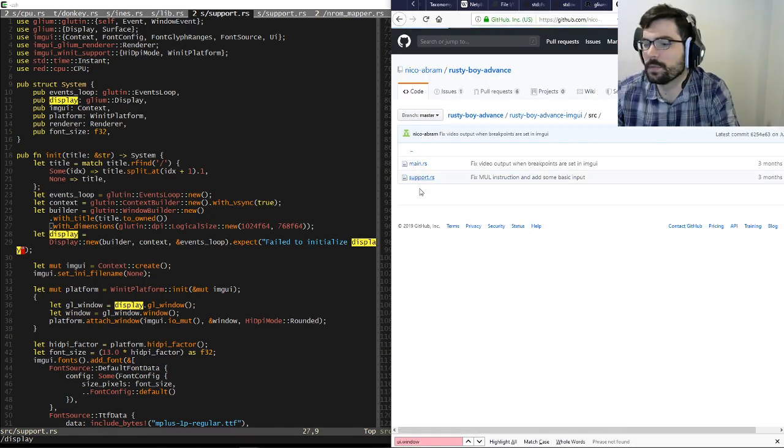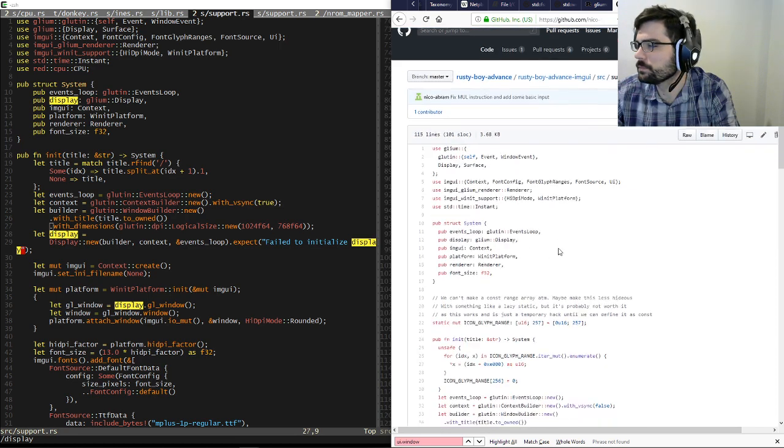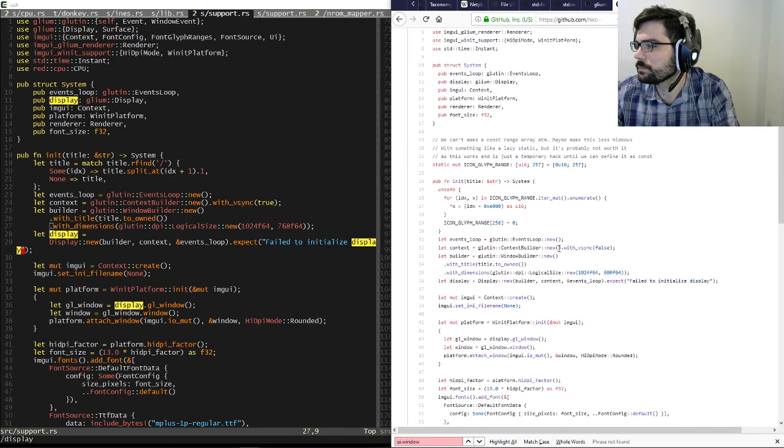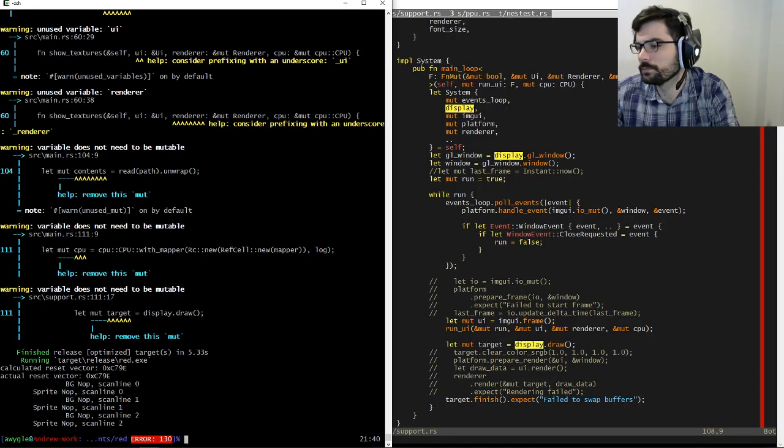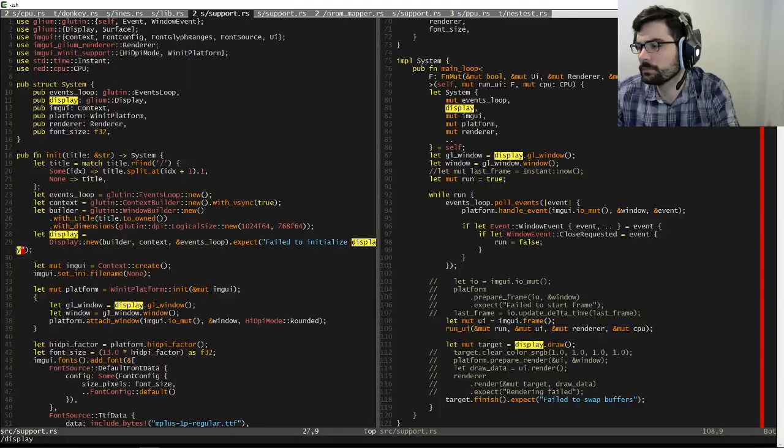Where's Nick when you need him, huh? How often are you trying to draw the frame? I don't know how to answer that. I guess as quickly as possible.